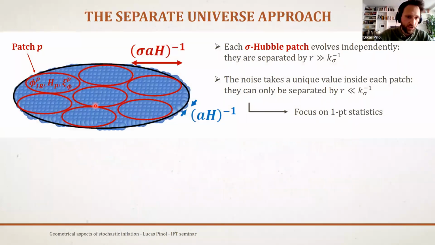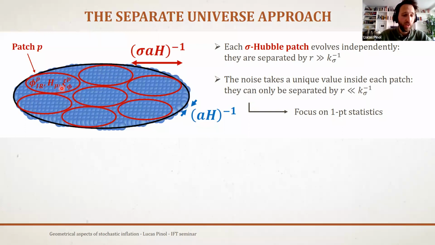So here is just a sketch of what would be the size of our universe today, for example, in black. And you see it encompasses many horizon sizes universes at that time during inflation that themselves can be grouped into these red patches, which are the cutoff scale, which is larger than the horizon scale. And you see that the idea of this spatial correlation, which is 1 within this distance and 0 beyond this distance, is that you can basically focus on one patch statistics.